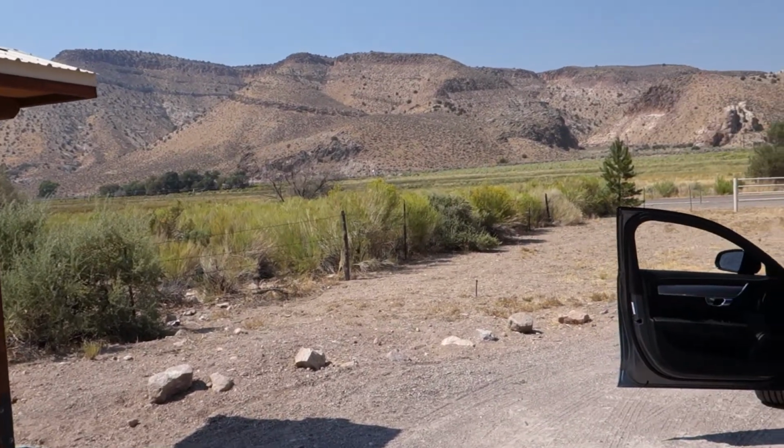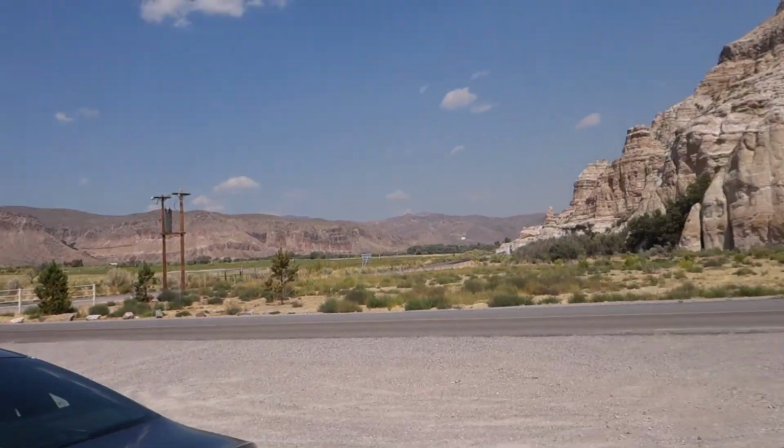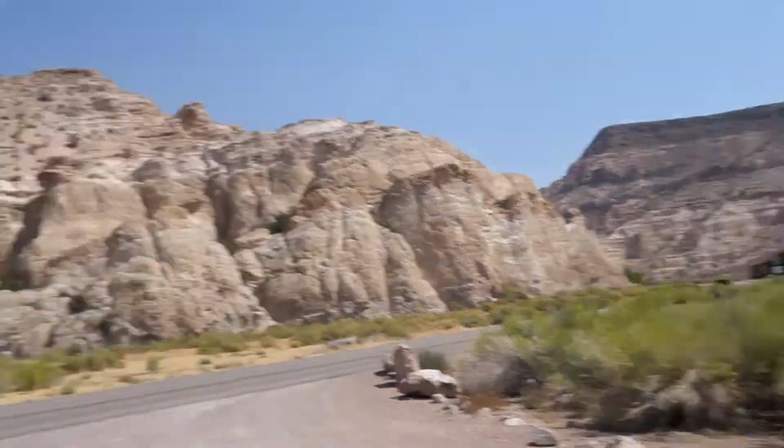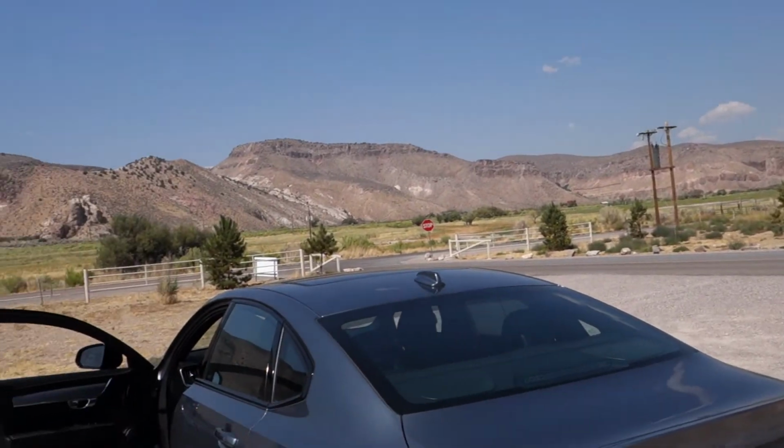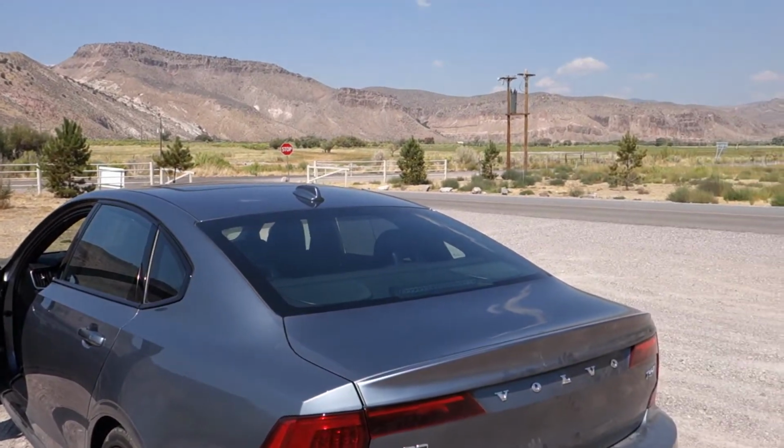I've still got another hour and a half to get there. I'm at an entrance to a Nevada state park called Kershaw Ryan. This is not really relevant, but just to give an idea of where I am. I've been driving from Las Vegas for a few hours, and